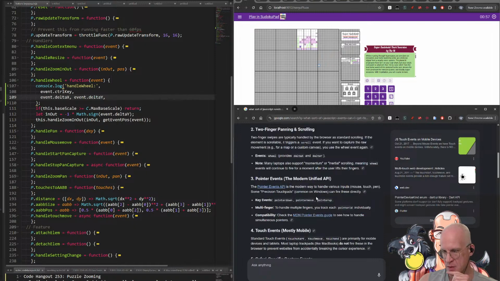Pointer events API is the modern way to handle various inputs, mouse, touch, and so on. Some precision touchpads, commonly in Windows, can fire these directly. Pointer down, pointer up. Multi-finger: handle multiple fingers if you check each pointer ID individually. Compatibility, check the rest. Okay, so